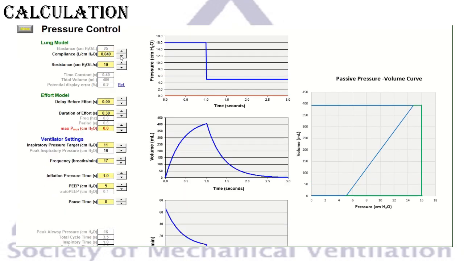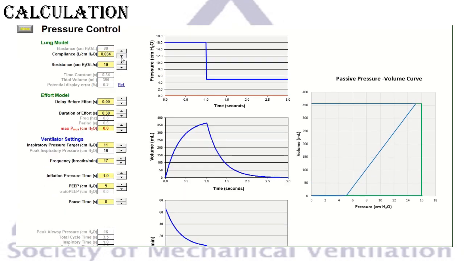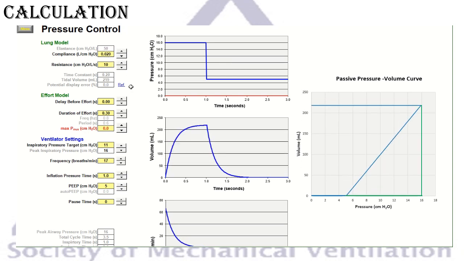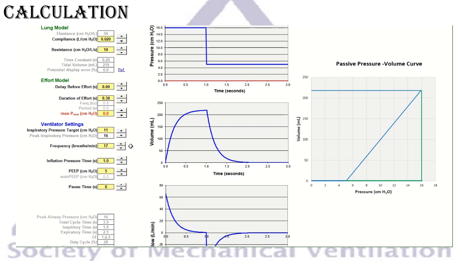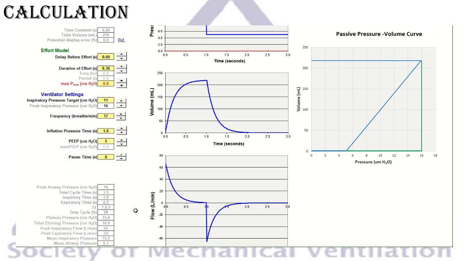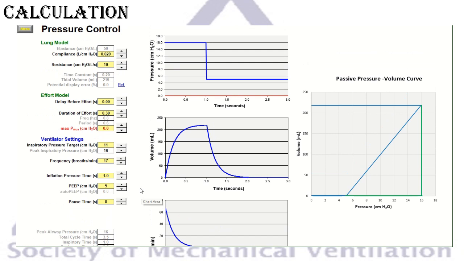Again, let's worsen the compliance. Let's make it half, 20, and let's keep everything else the same here, because if you notice the mechanical power became less, 5.84. The reason is because when we reduced the compliance but we left the same inspiratory pressure, which is 11 over PEEP 5, 16, the tidal volume